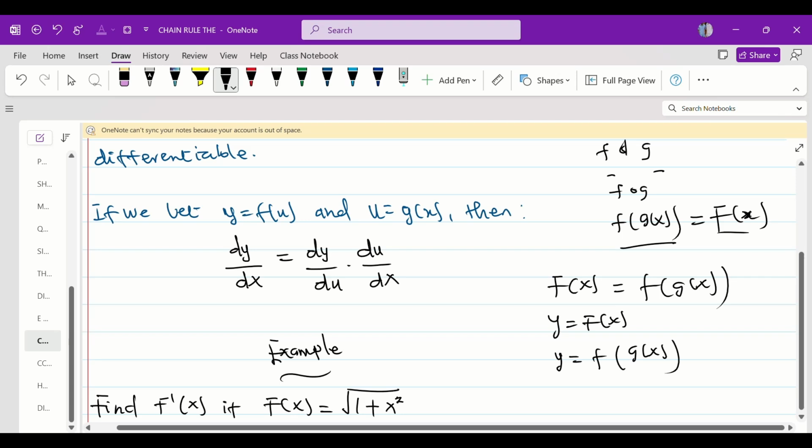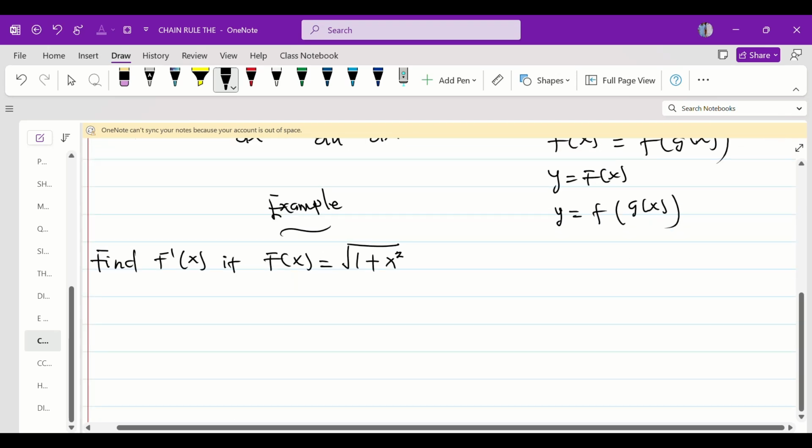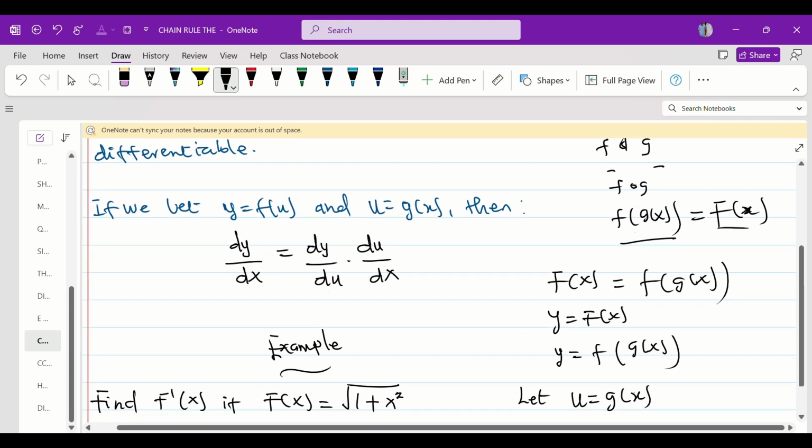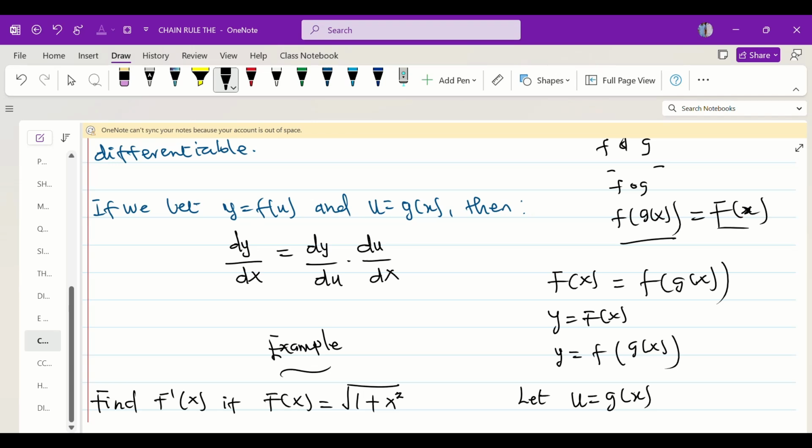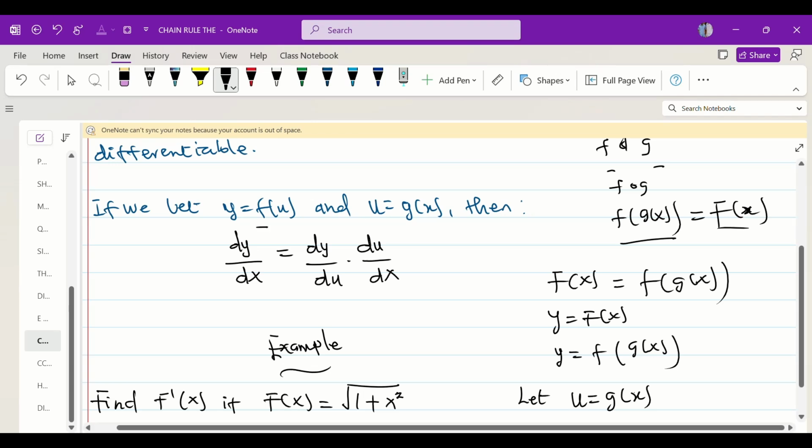Now, if we let u be equal to g of x, then this implies that our y is equal to f of u. So if we let y be equal to f of u, and we let u be equal to g of x,